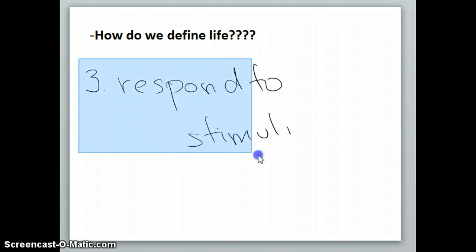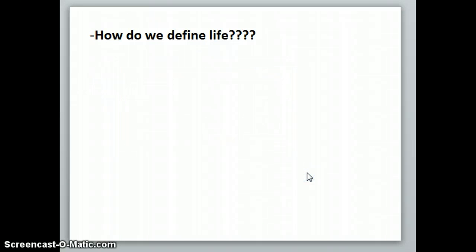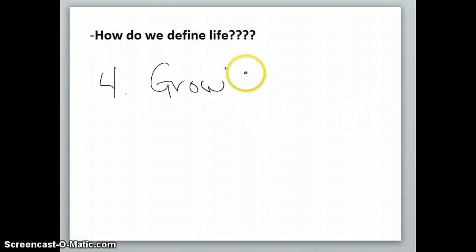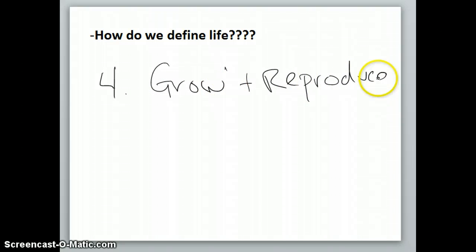And number 4. Okay, number 4. We talked about in class all living things grow and all living things reproduce to some extent. Okay, this may not be much if you're a bacteria, but it's something. Okay, and then number 5,